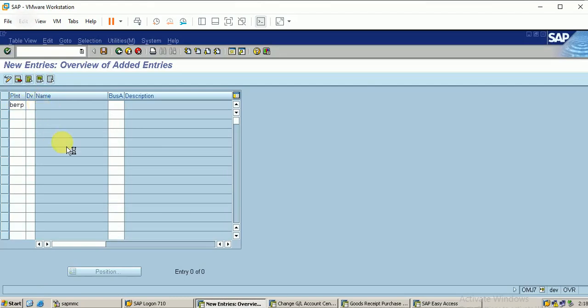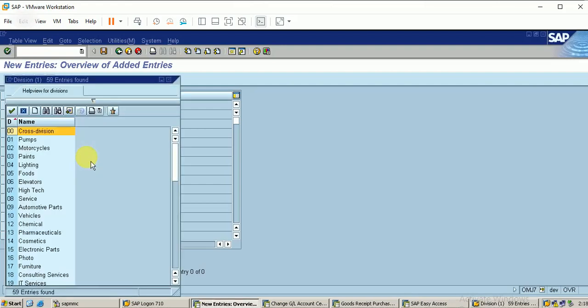So I have already created the division also. We are configuring the sales also. Let me configure this thing also. Accessories.